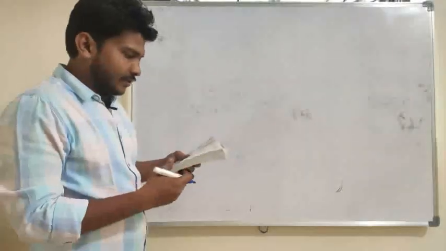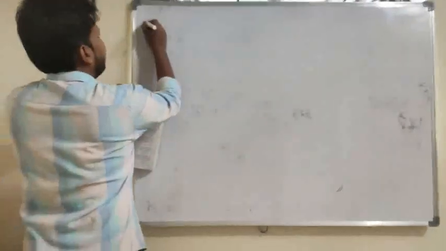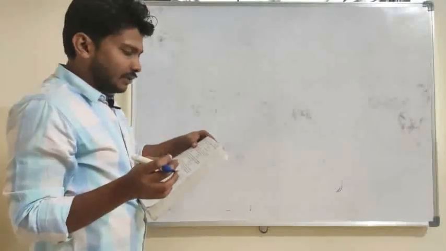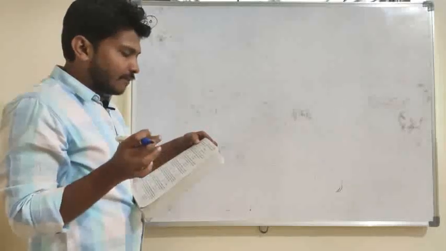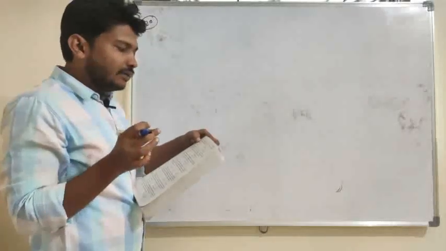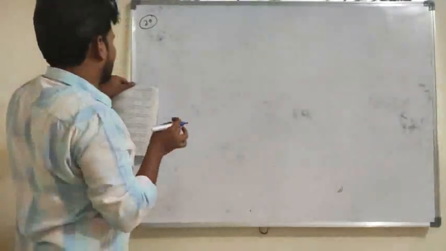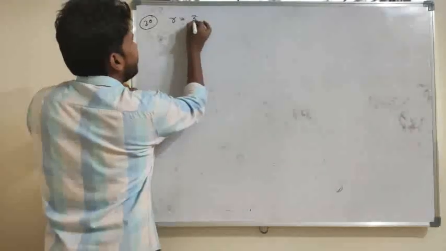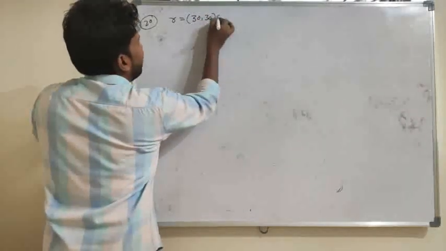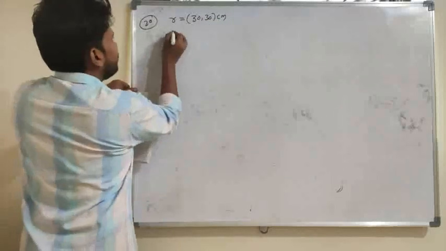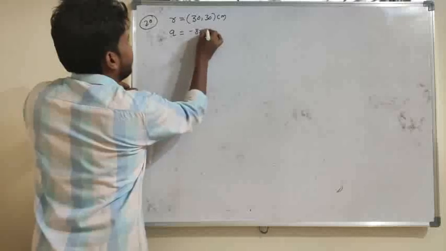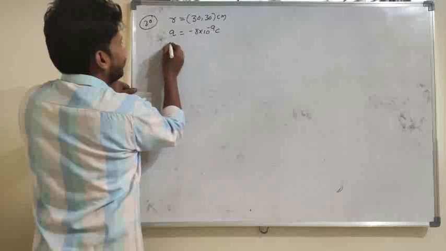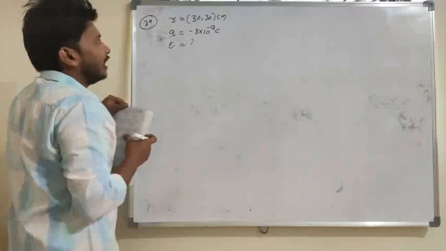Okay, I will read the next question. So that is question number 20 here. Electric field at 30, 30 centimeter due to a charge of minus 8 nanocoulomb at the origin, in Newton per coulomb, is. The distances are mentioned along the x-axis as well as the y-axis, so it is in a plane, due to a charge of minus 8 into 10 to the power of minus 9 coulomb. So the electric field value is yet to be determined.